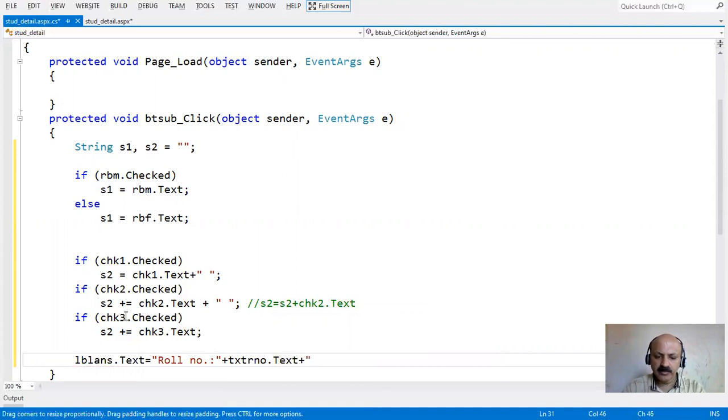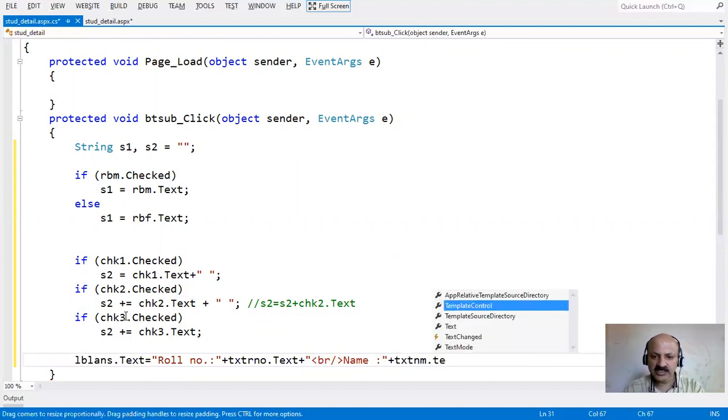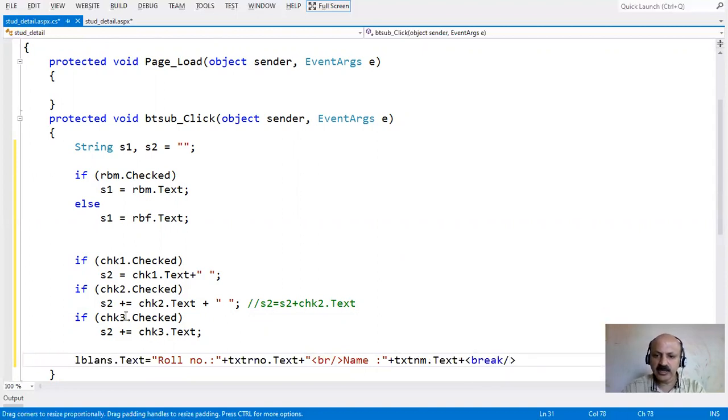Then we provide br to display the next line for our name field, and here we supply txt nm, the second text box id text, and a br tag. Here we require the concatenation, but we have to supply the heading like gender.